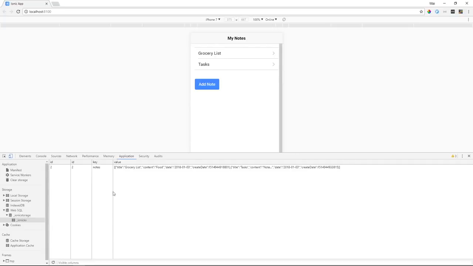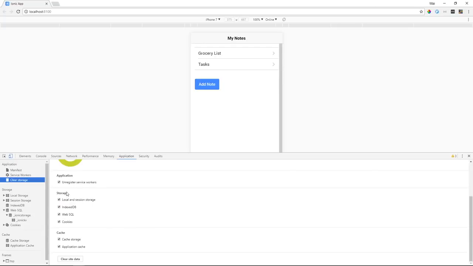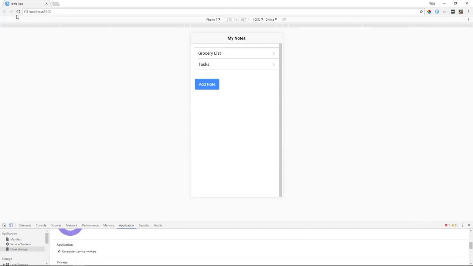So if you want to clear any of this out, what you can do is simply click this clear storage. You can actually see how much is being used, and just be sure that everything under storage is selected, and then clear all site data. And that's simply going to remove local storage for this particular domain, in my case localhost at port 8100. So if we refresh now, then we will lose our data,